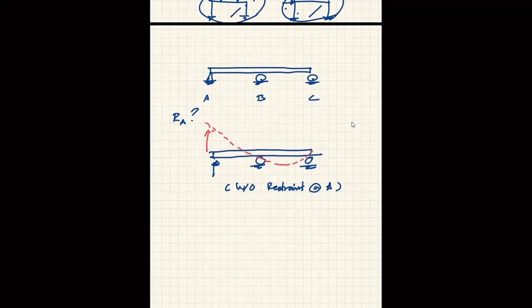Okay, so we now know this, say, Muller-Breslau gives you the shape, or qualitative. Now quantitatively, you know that this is the unit load. So what you know is that this is going to be equal to 1. Right? So similarly, say if I do the same with RB,